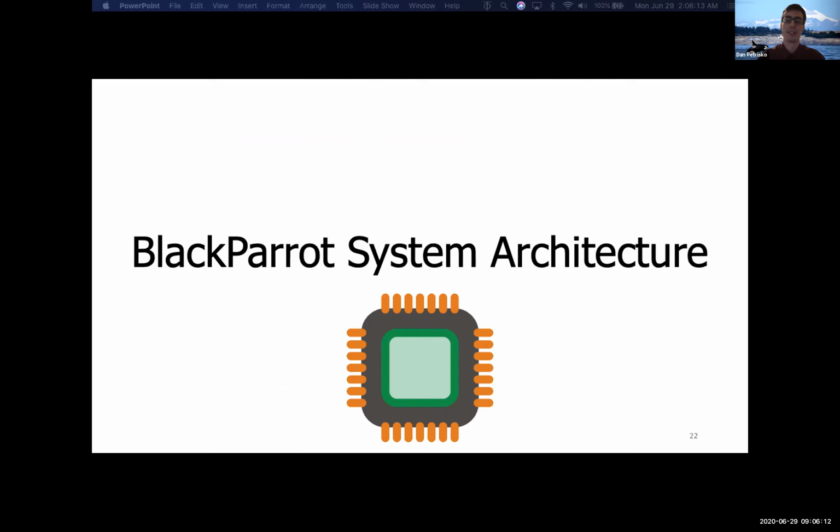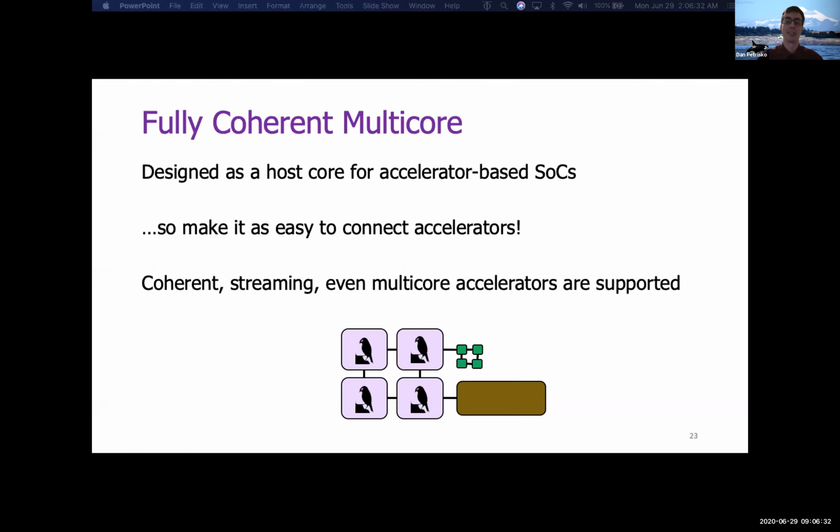So now that we've talked about the design and development for BlackParrot, we'll take a deeper dive into system architecture. Our development goal is not to provide an SoC generator. Instead, we're developing a reference SoC methodology and building blocks that anyone can use to integrate BlackParrot into their own system. First, we'll talk about the abstractions, which allow system designers to easily compose a functional and performant Accelerator SoC.